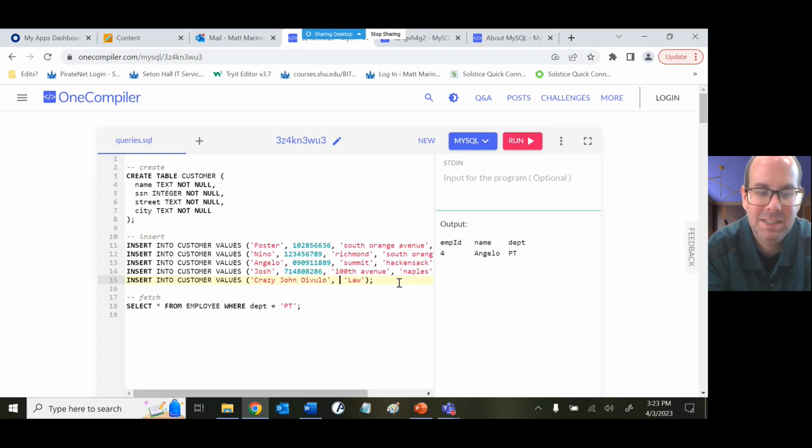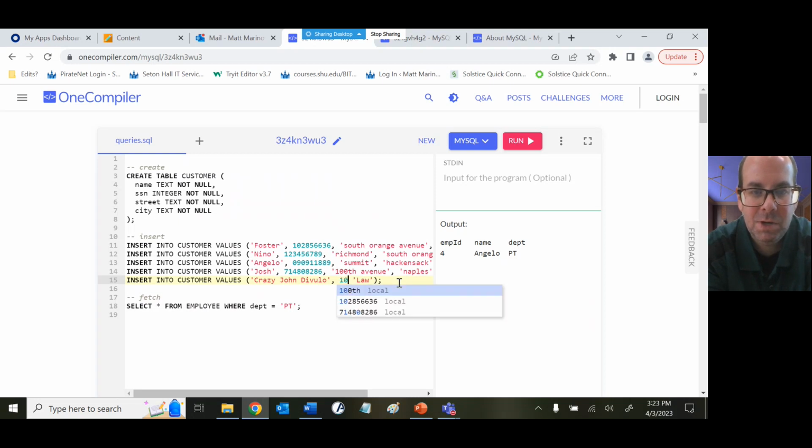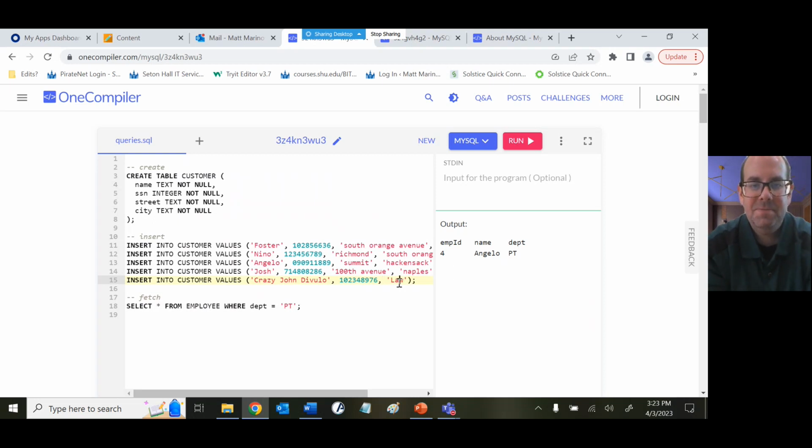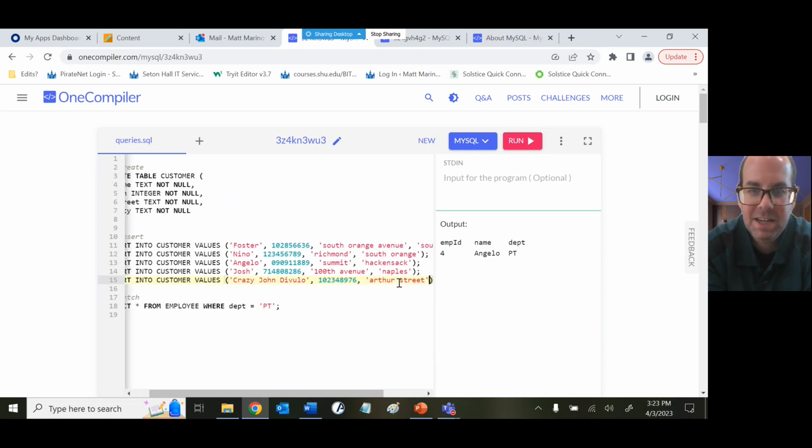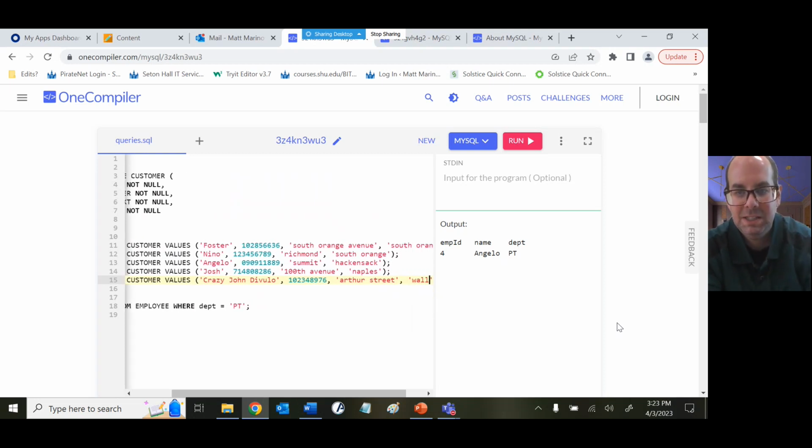And after your comma, put in a social security number. 102 before 8976, comma, on what street? Arthur Street? And what city? After Arthur Street in the single quote, comma, single quote wall. And we now have our